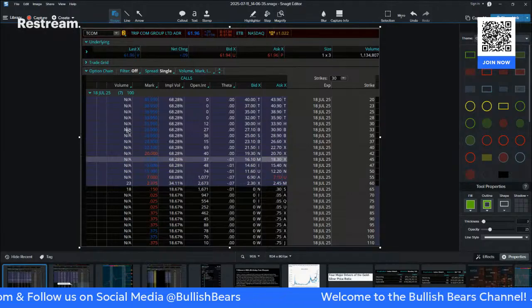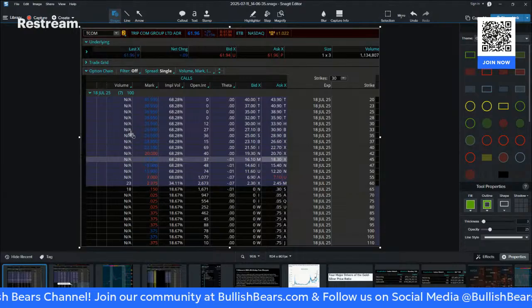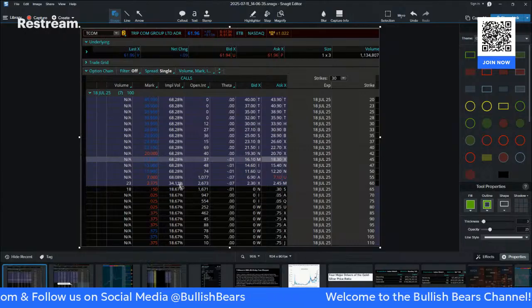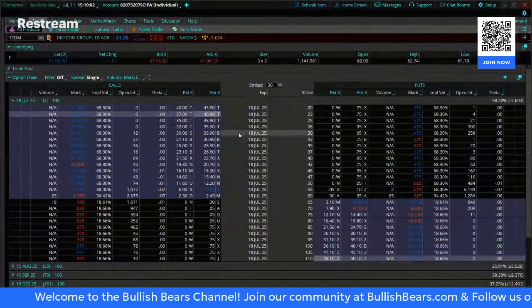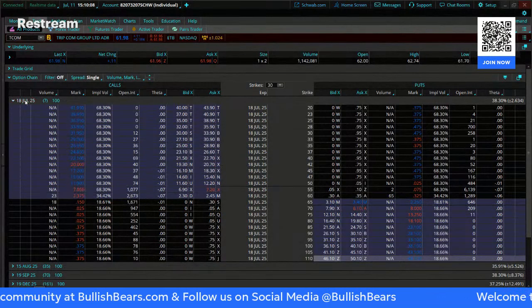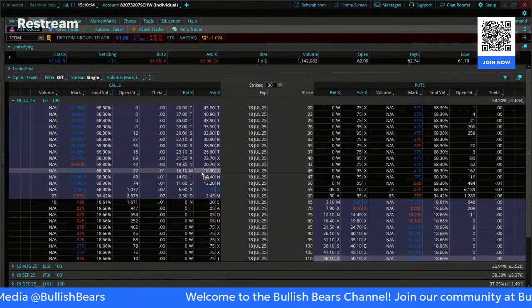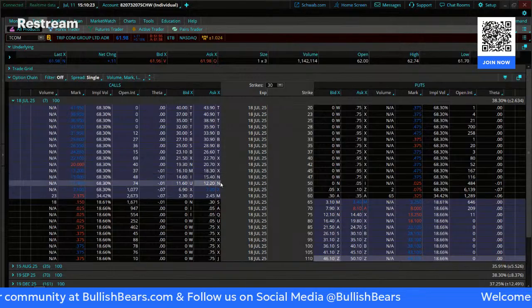This NA that we see here, it's not an error telling me that I don't have data. It's a fact that I don't have any volume. Nobody has traded these strikes today. The only ones that got traded are right up here in the front. These are really bad. So when we see that, we just automatically recognize that I can't go long in this stock with these options. I'm going to have to do something else. A lot of times you can get away with going in the money. Sure, you may have to pay $1,800, but you'll get a call that actually has some value to it. Unfortunately, even this one is so bad, you don't want to do that either.